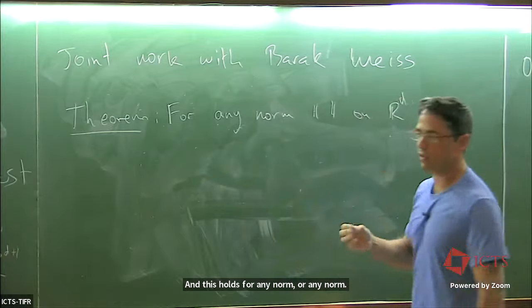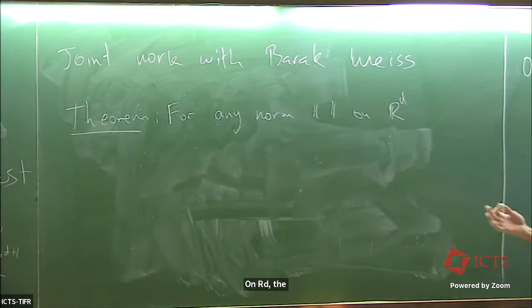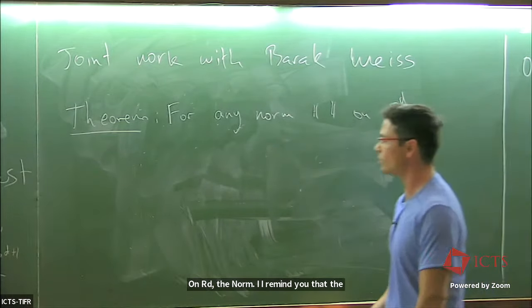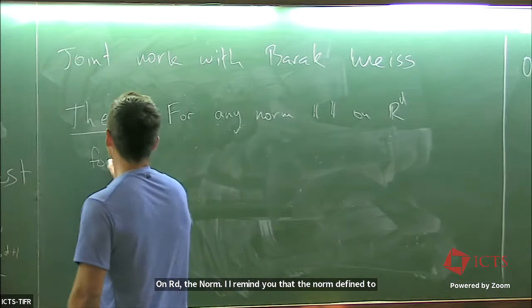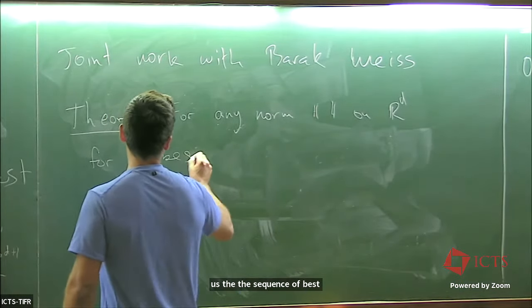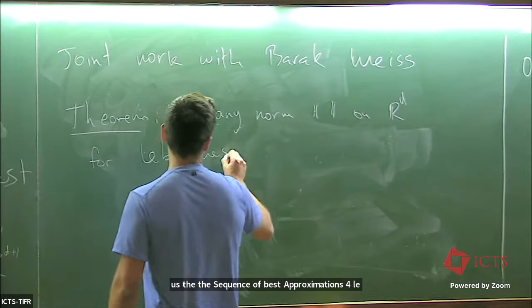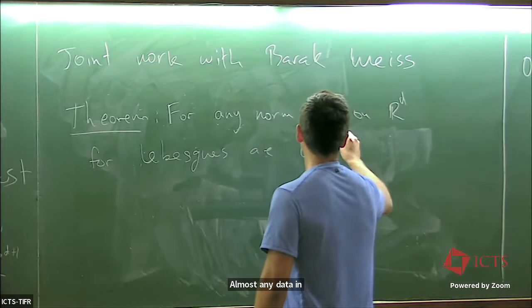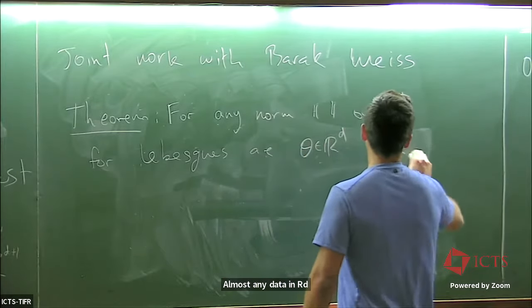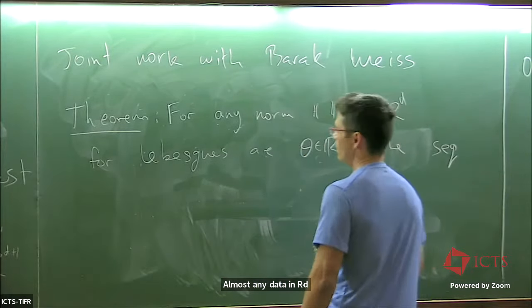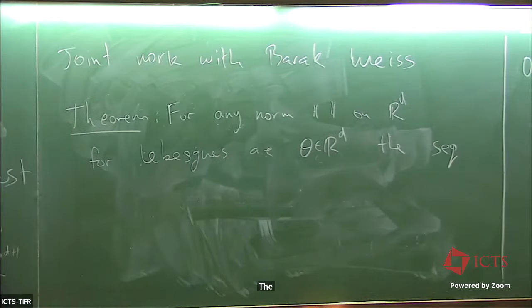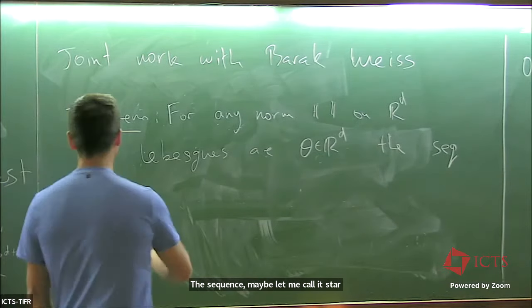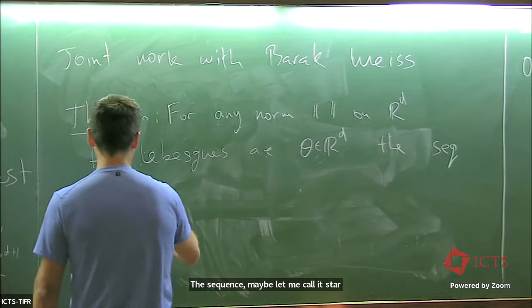The norm, I remind you, defines for us the sequence of best approximations. So for Lebesgue almost any theta in R^d, the sequence, let me call it star, the sequence star equidistributes